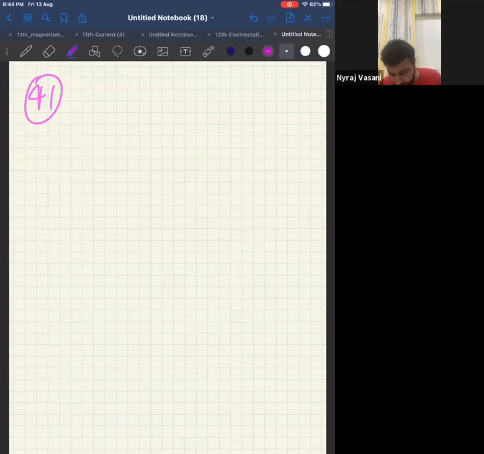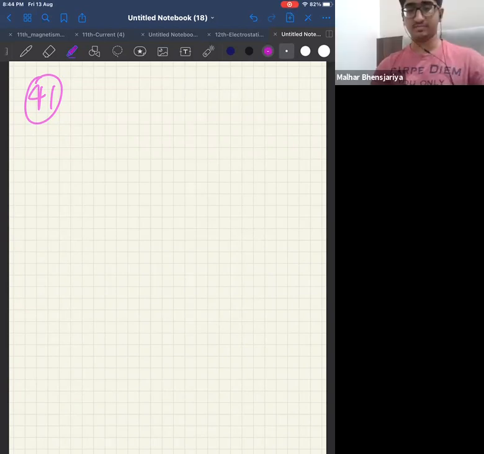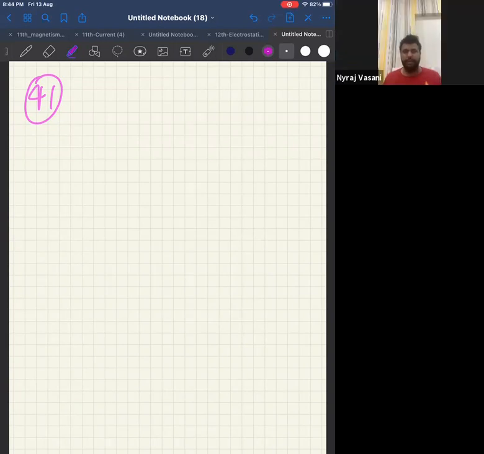Answer is not D. Answer is, I think, A. I have not solved it, but I think A looks like the right answer. Please confirm, anyone who has done it. Yes, sir. Is the answer A? I will do it on the screen if you want, but I feel answer has to be A because it's a direct formula. I'll tell you what will be the formula.